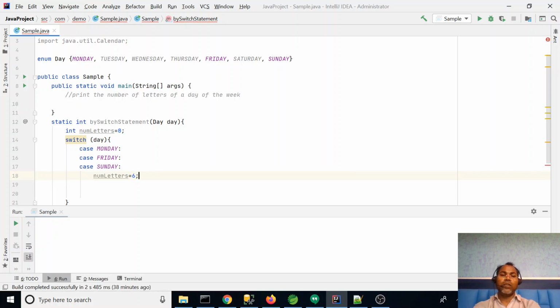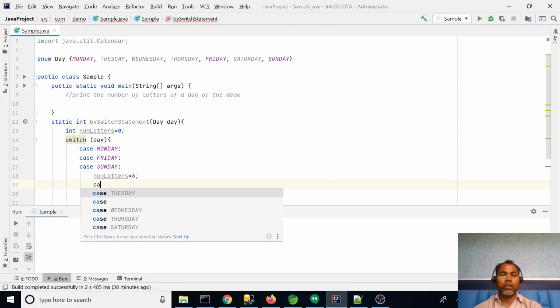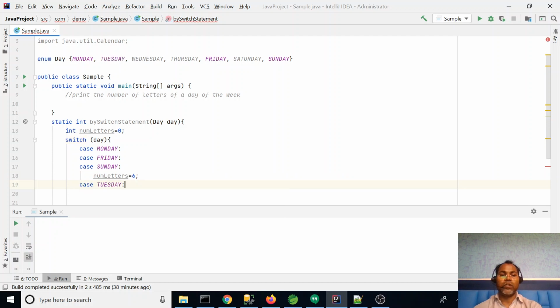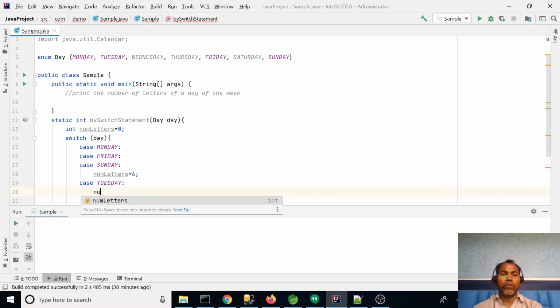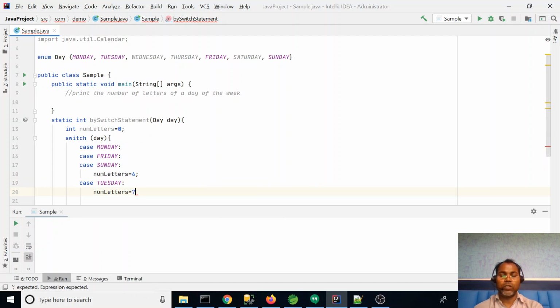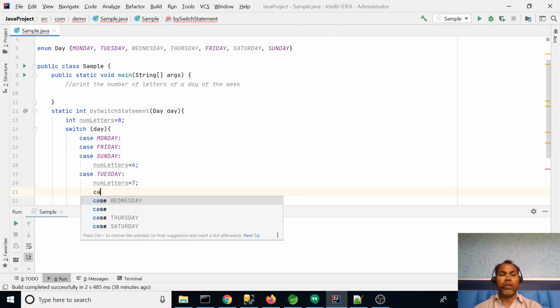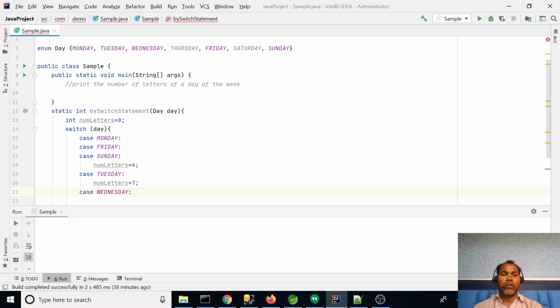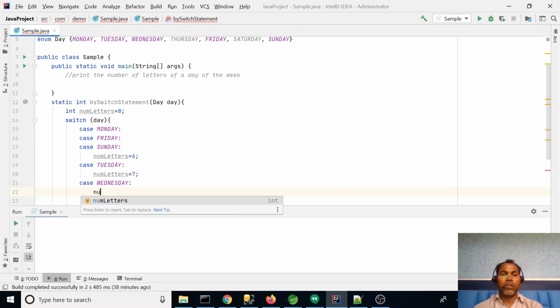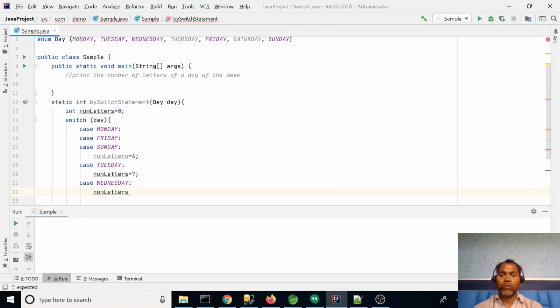Similarly, case Tuesday has 7 letters, so numLetters equal to 7, and case Wednesday has 9, so numLetters equal to 9.